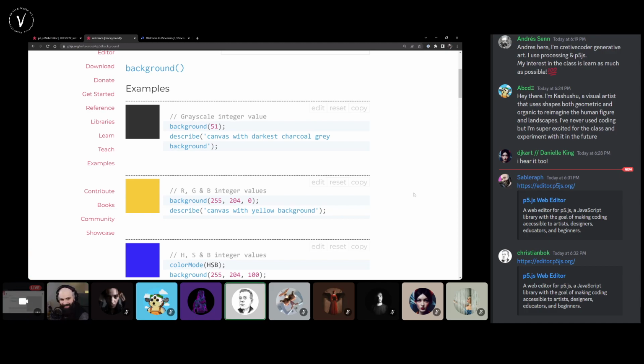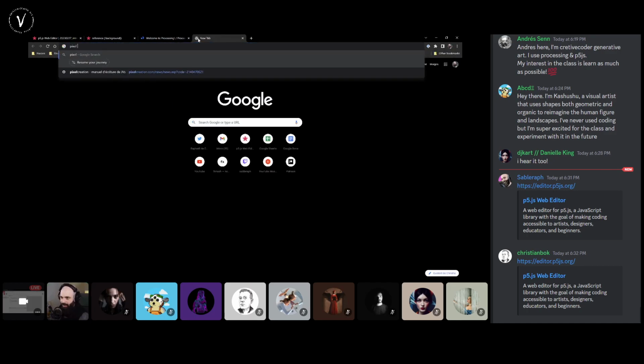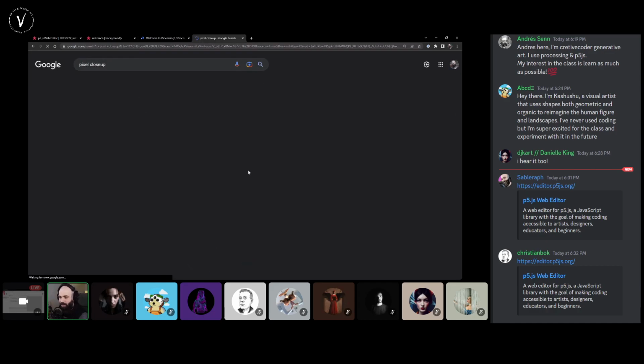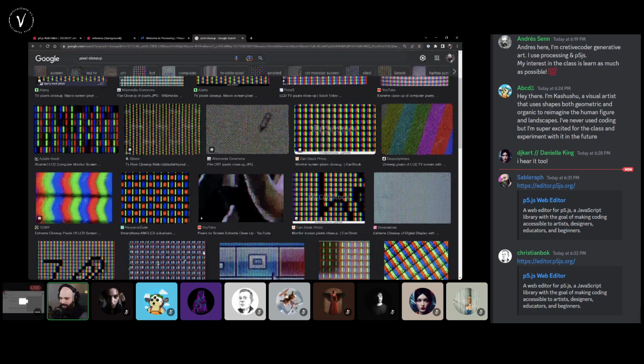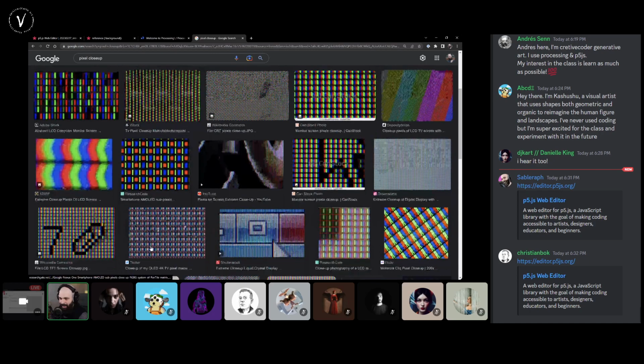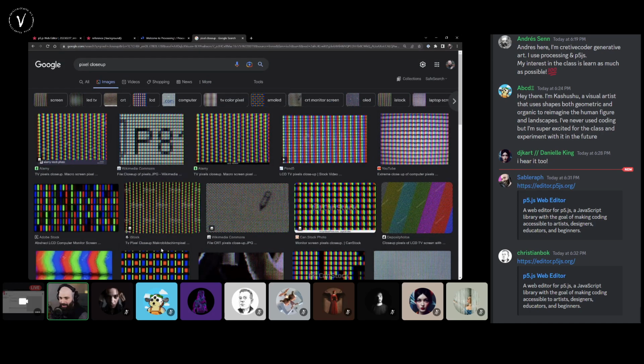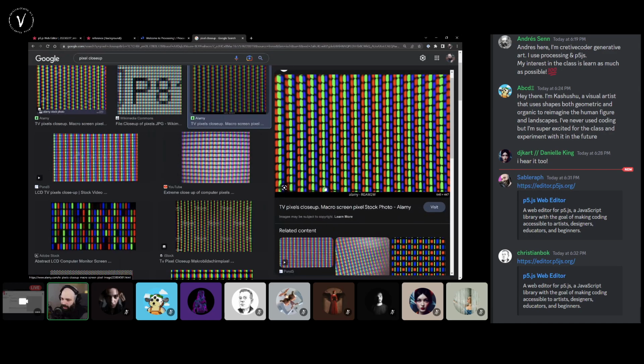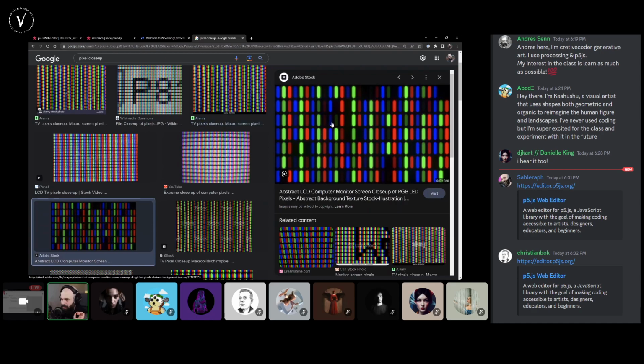RGB. They represent the red, green, and blue values used on screen pixels, I guess. Yeah, thanks, Christian. So yeah, a screen. So pixel close up. If we look at how a screen displays colors, if you're a millennial, you probably remember looking at a screen and seeing those. But now they're so small, they're kind of hard to see. But even your computer, or your phone, or your tablet that you're looking at right now, sometimes if there's a drop of water on it, you might see them, because it acts as a lens. A computer displays colors by varying the brightness of these subpixels that are red, green,